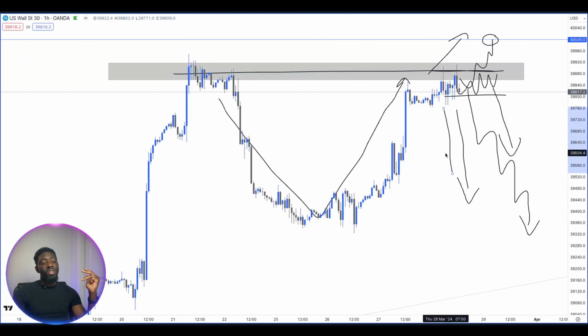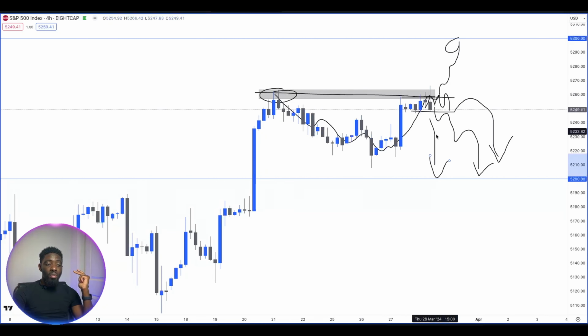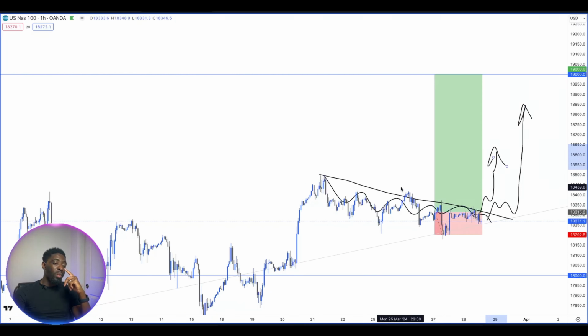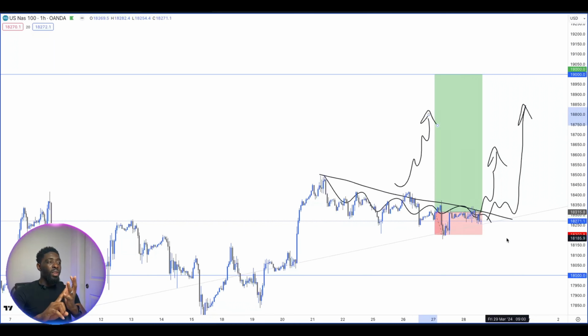I'm looking for sales on this. S&P 500, I'm looking for sales on this. USOIL, I'm looking for sales on these pairs. For NAS100, I'll probably be looking for a buy. It just depends on what happens on the DXY. And I have US30, S&P 500, USOIL, I'm looking for